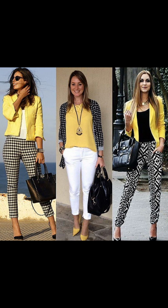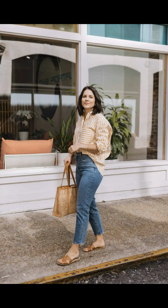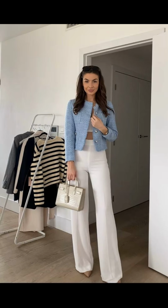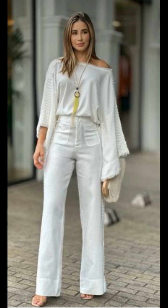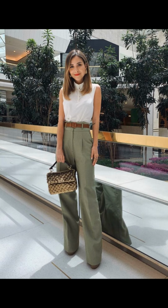Opt for a slim-fit blazer and matching trousers in a classic neutral hue, such as charcoal gray or navy blue. Add a feminine